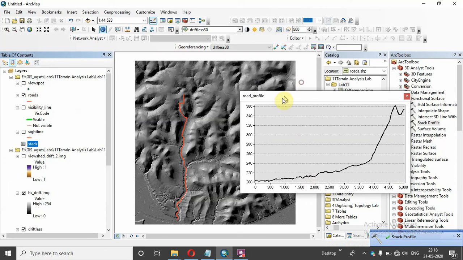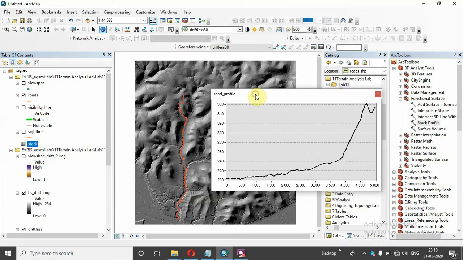It's done. So you will get the profile of the line which you may digitize randomly anywhere. You will get the corresponding height based upon that. So if I check, I have created this road with a start point from here to the end point here.